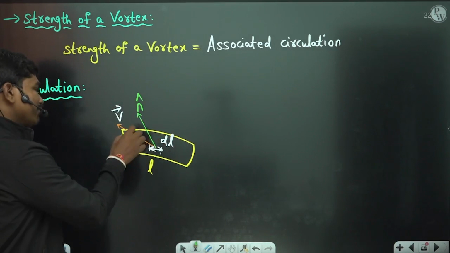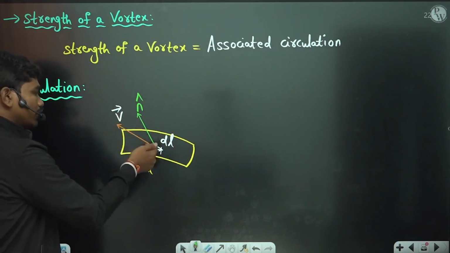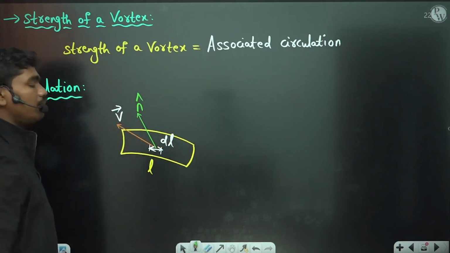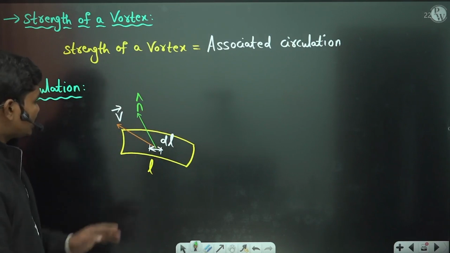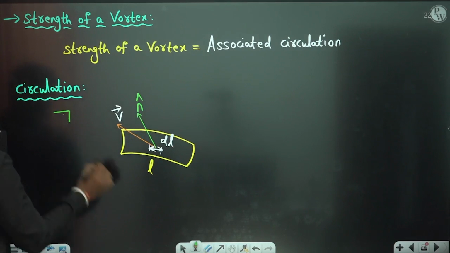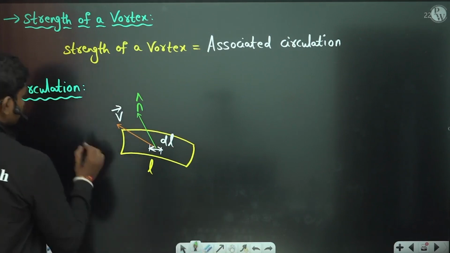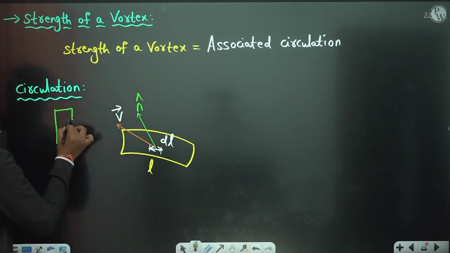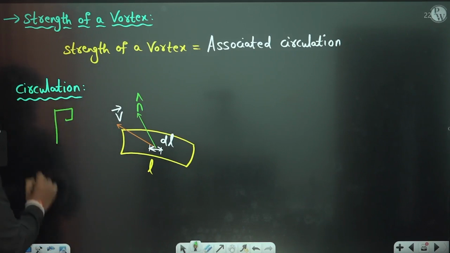Basically, if this velocity is high, the momentum of this fluid will try to rotate this element. So this circulation is denoted with the symbol given here. This is the symbol for the circulation. So circulation is actually given by